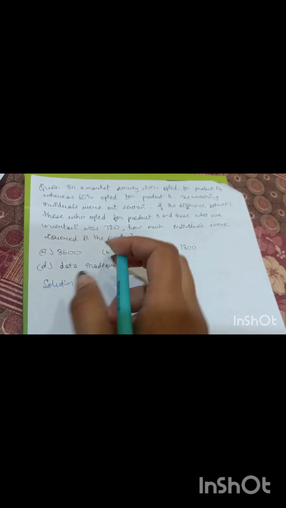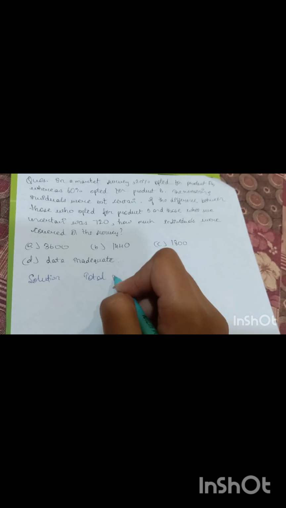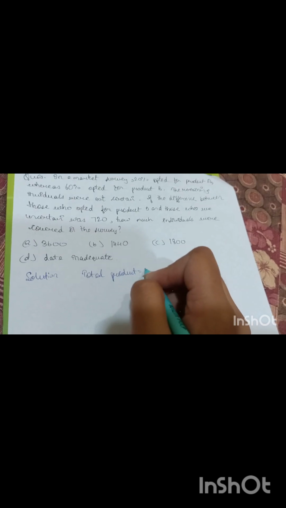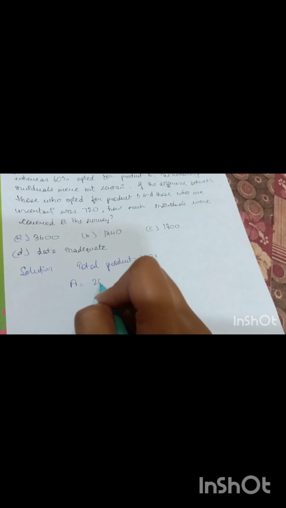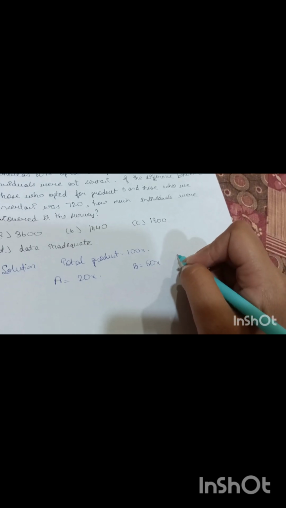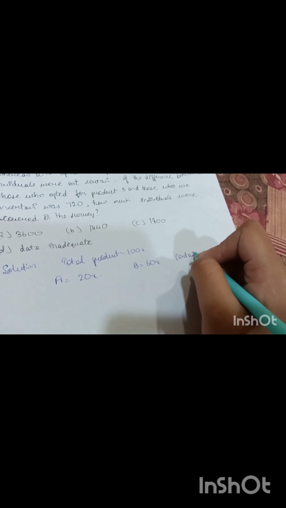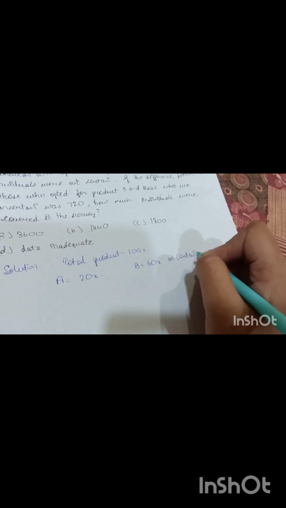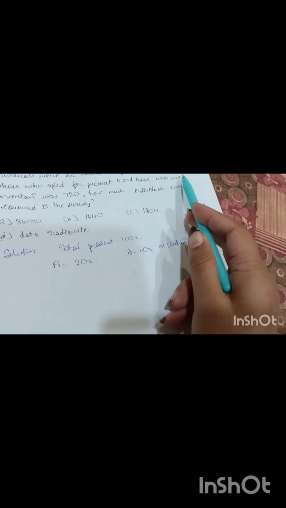So in this question, let's take the total product as 100x. So how much A obtained equals 20x, and how much B obtained is 60x, and how much is not certain will be 20x. How? If we add 60 plus 20 equals 80, and if we subtract it from 100, we'll get 20x. So now see, the difference between